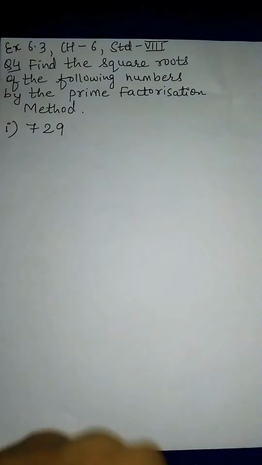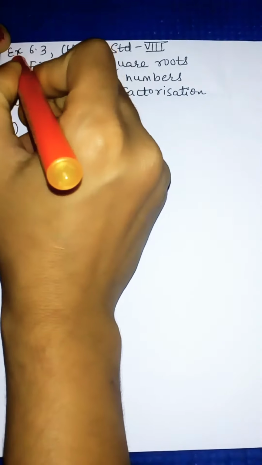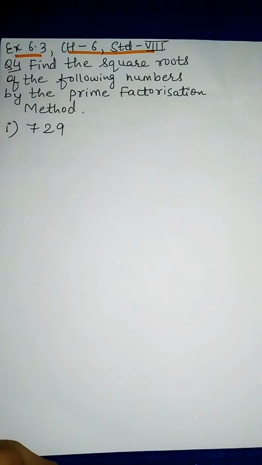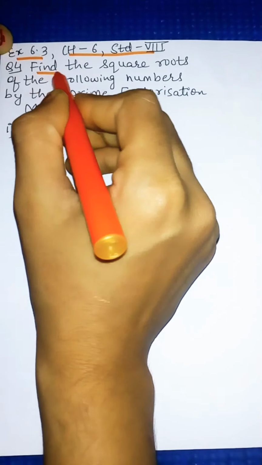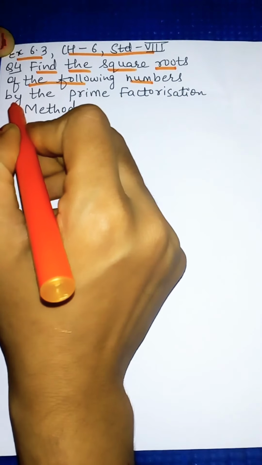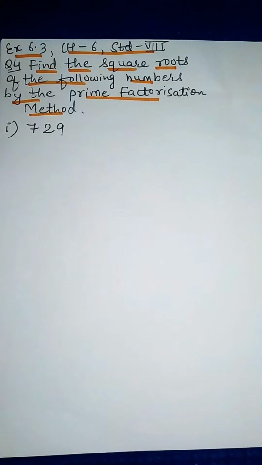Hello students, now we will start exercise 6.3 of chapter 6, Squares and Square Roots, of standard 8. Now question number 4 we will start. Question number 4 is: find the square roots of the following numbers by the prime factorization method. Now we will use prime factorization and find out the square root of the given numbers. So let us see. First one is